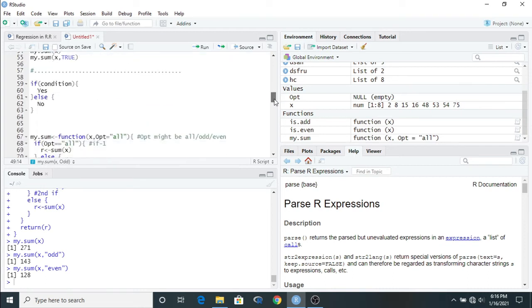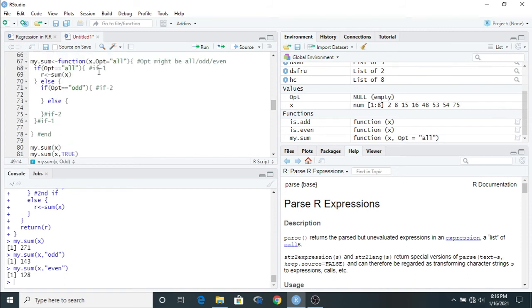So just copy from the previous function. If option is odd, then in case the condition is satisfied, we put here a is the list of odd numbers, then sum of a. Else, if it is an even number, for even numbers we can put here 0. These are simple things.